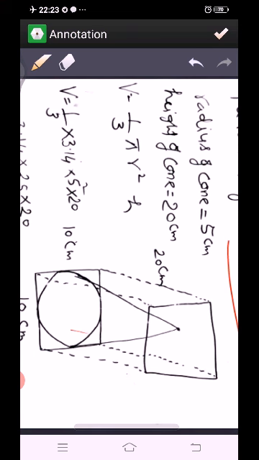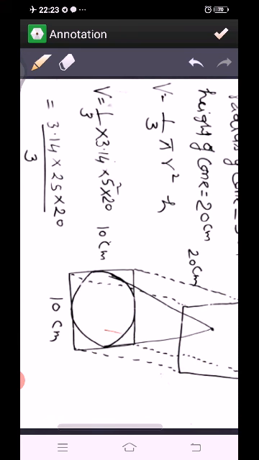Radius of cone, see here in the figure first. So this is 10 centimeter, 10 centimeter, and the height is 20 centimeter. So if we take this base on 20 centimeter into 10 centimeter side, then a remaining portion will be left here like this. So we will not take that because we have to find the maximum volume. So maximum volume will be covered with the base 10 by 10. So the whole of this base can be covered.